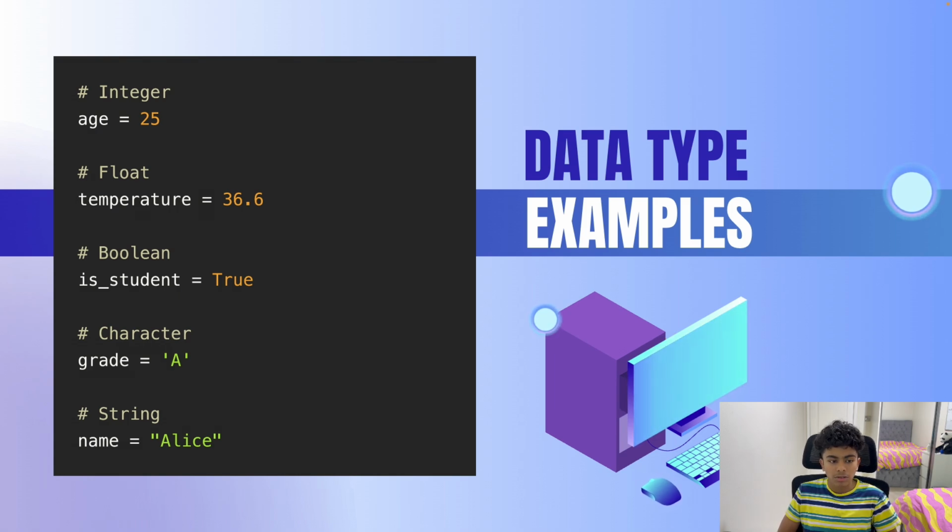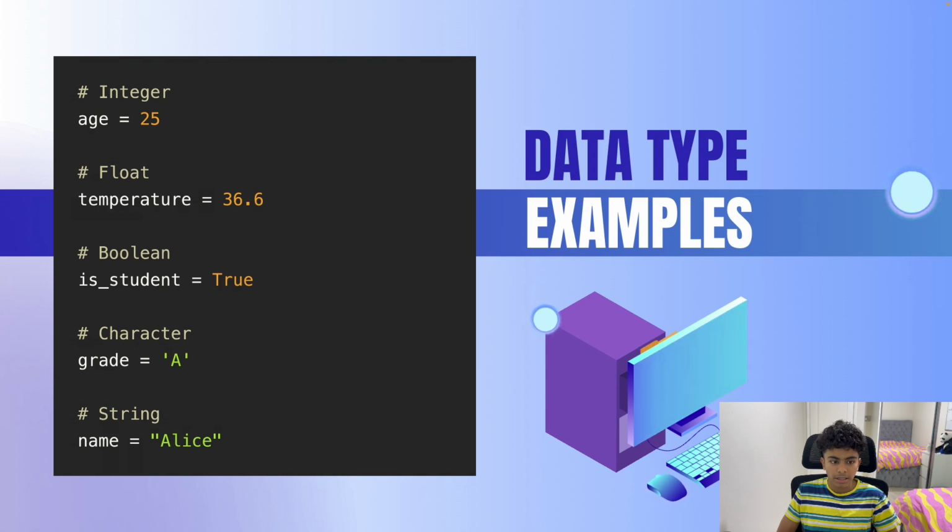You have to give your variable name, space, equals, and then preferably another space and then write your value. And in Python, the value that you give defines the data type. So for example, if you have age equals 25, as you can see over here,